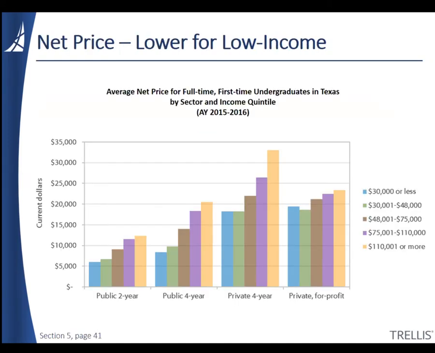And again, most students don't end up paying the full cost of attendance due to things like tuition discounting and free money like grants and scholarships. So that net price is the cost of attendance minus all grants and scholarships, leaving the amount that students must pay either out of pocket or with loans. And again, we see that the net price increases along with family income. In the public two-year sector, students with the lowest incomes had a net price for 2 semesters of just over $6,000, climbing to about $12,300 for those in the highest income quintile.